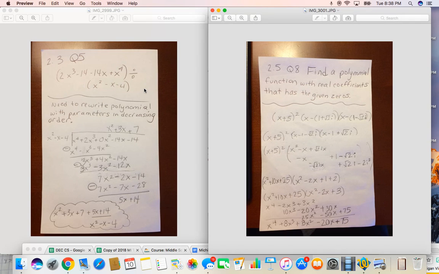So here's question 5 from 2-3, where I have a polynomial divided by another polynomial. Notice that this polynomial is out of order, and also notice that there's no x squared term. So I made a note: need to rewrite the polynomial with parameters in decreasing order. So that's what I did here. So we're taking this polynomial, x to the fourth plus 2x cubed plus 0x squared minus 14x minus 14, divided